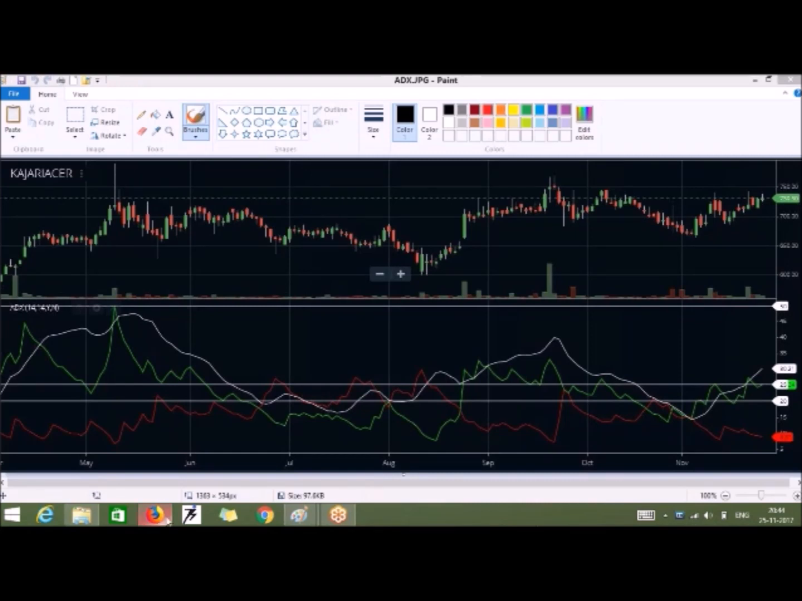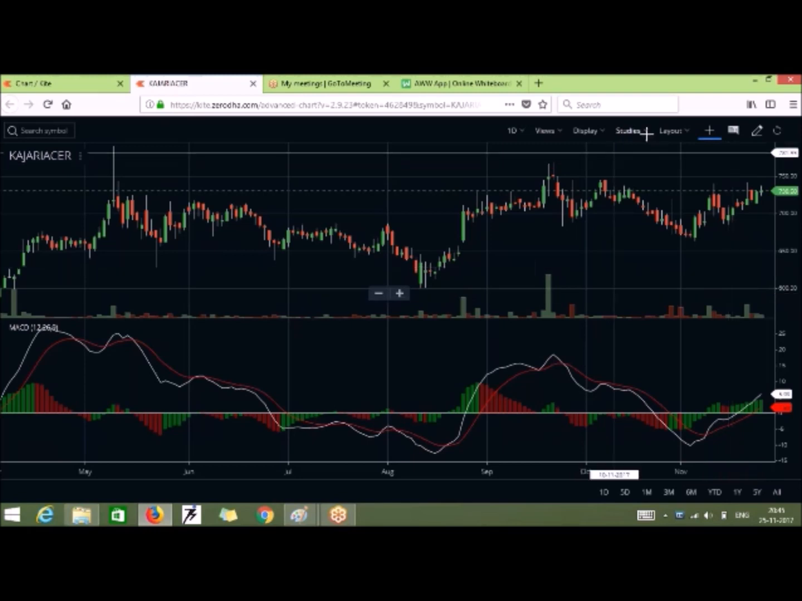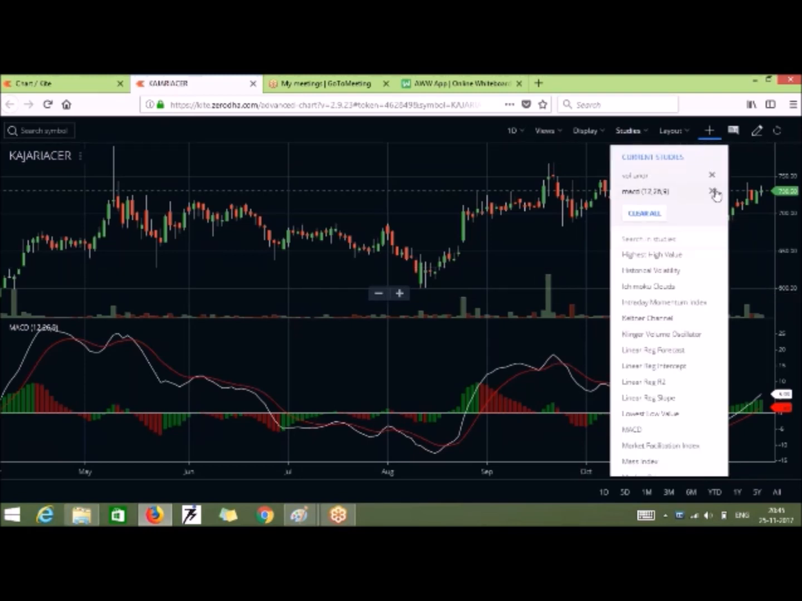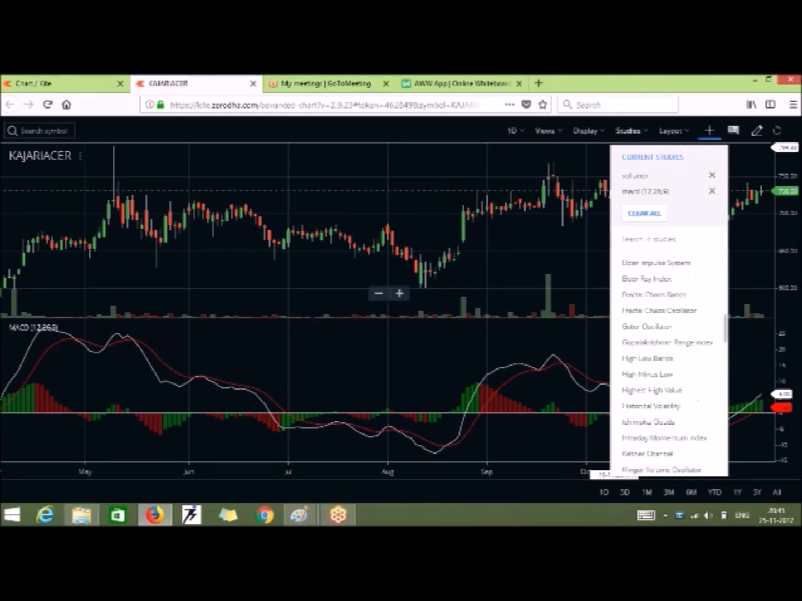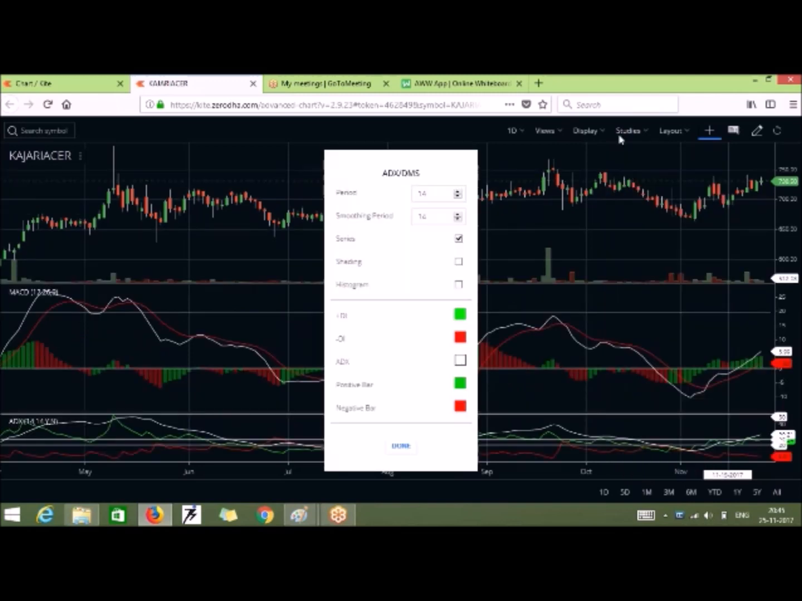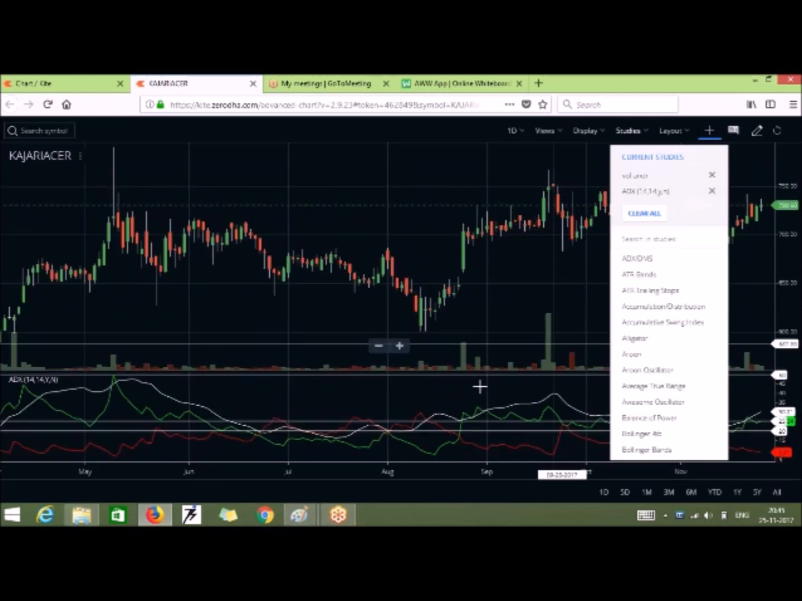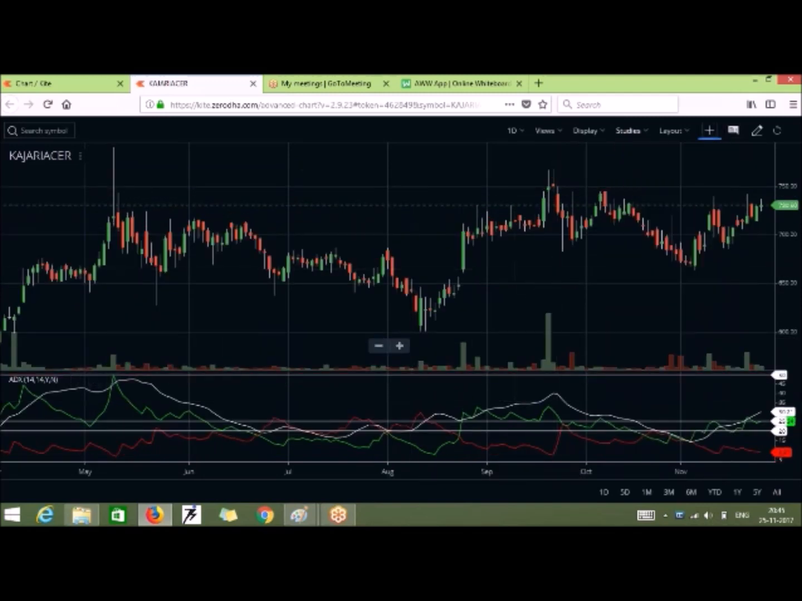The application of ADX is very simple. You can take this one. Just a minute. ADX is something which comes in the very beginning. Yes, ADX. The default setting is to be taken, and trial and error is to be done by you. So taking ADX here, you can see